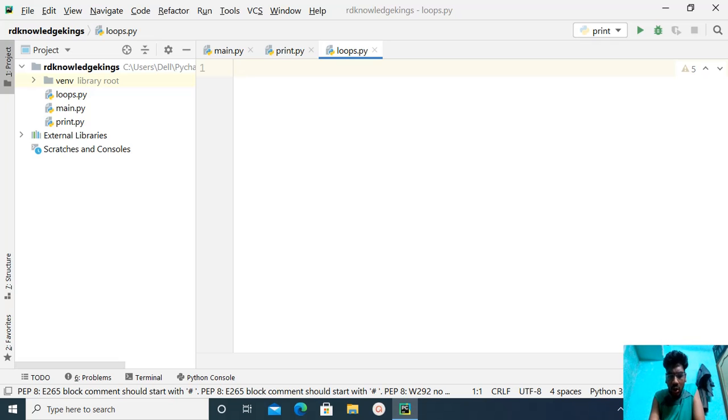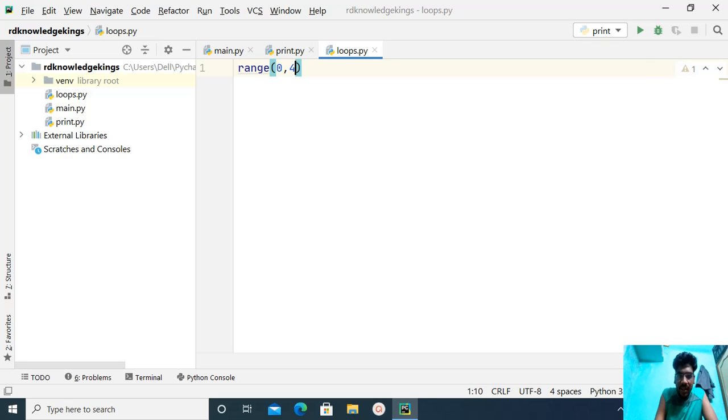In the for loop, you should mainly know the range function. Okay, so this is a function. What this range function does is, if you write range of 0, 4, the values generated will be 0, 1, 2, 3. I hope you understood.